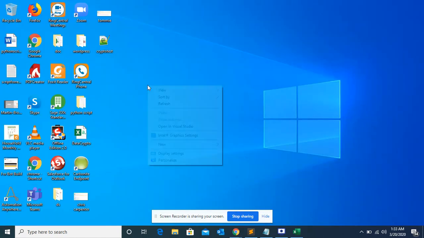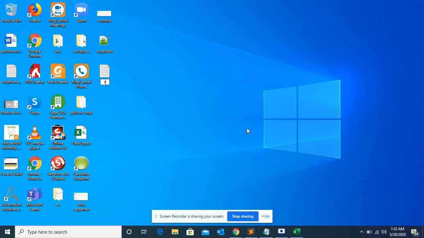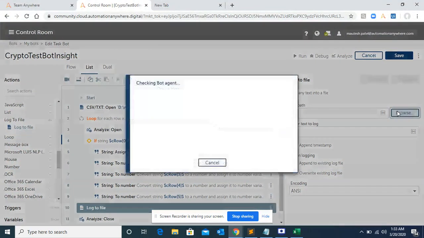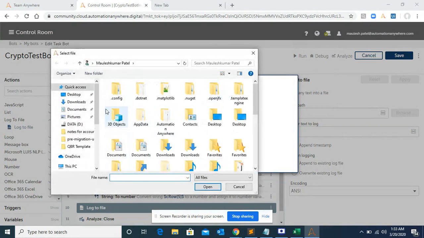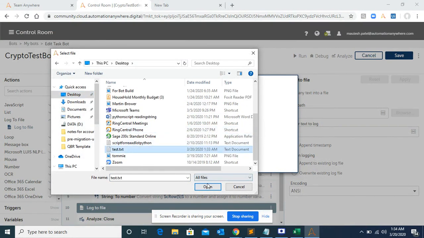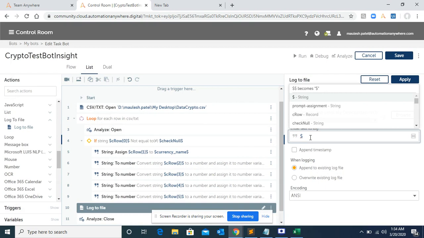I'll create a file on the desktop, test.txt, so that this will store the output result as well in case there are any issues. So I'll select that path, select the desktop and test.txt, and then in the log what I need to do is write like this, for example,